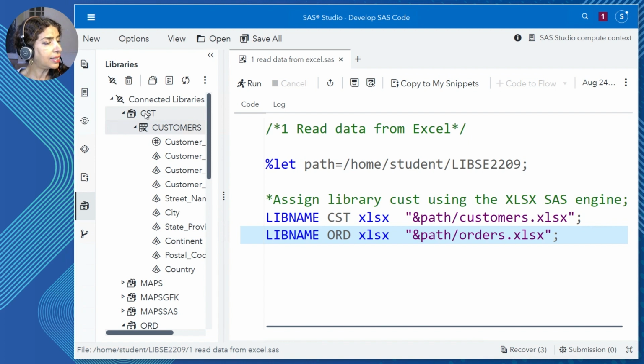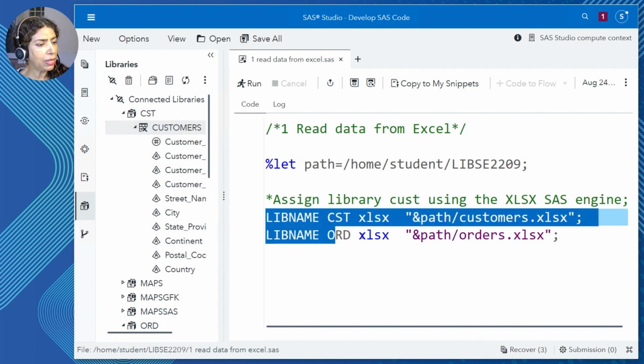CST is an Excel workbook masquerading as a SAS data library. It just so happens that the libname statement made my life so easy. And that's how easy it is. A single libname statement pointing to the Excel workbook, specifying the engine, specifying the libref, and you're done. You brought in Excel so that we can start to work with SAS using PROC SQL.